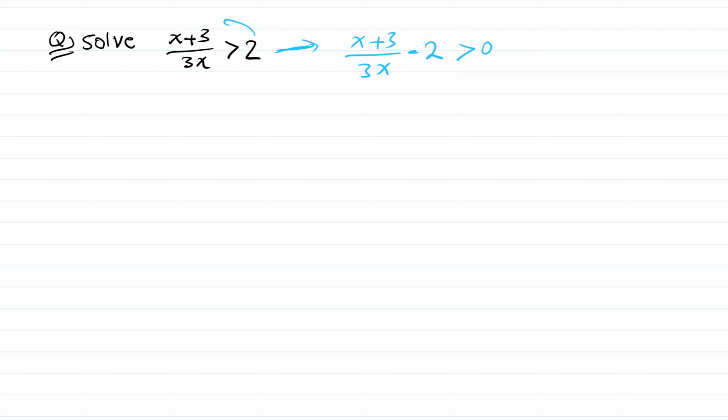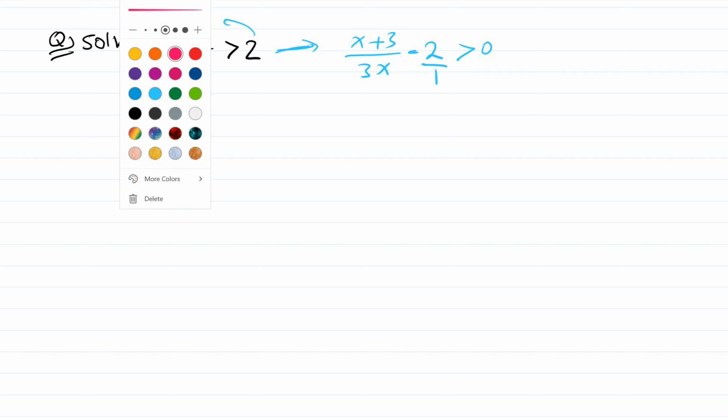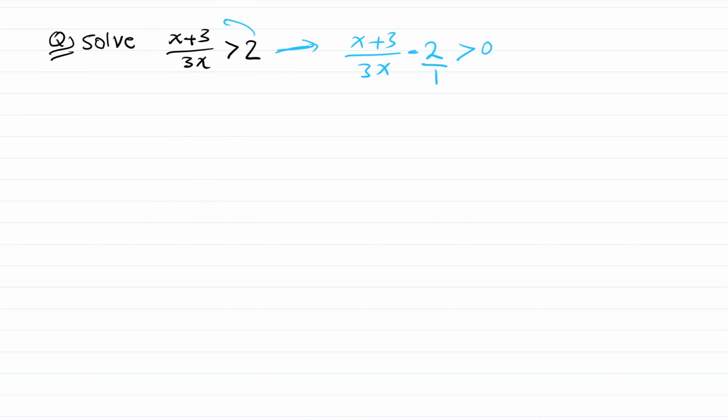Right now find the common denominator. The denominator of 2 is 1, so the common denominator between 3x and 1, of course, is 3x. So multiply 1 by 3x, and this part also by 3x. So in the numerator we get x plus 3 over 3x, minus 3x times 1 equals 3x, and the numerator 3x times 2 equals 6x, greater than 0. Right now, dear students, let's simplify the numerator more, since we have the same denominator, so we write